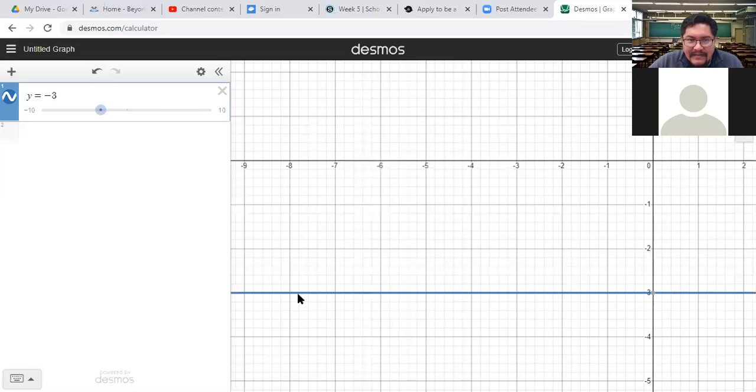Okay, we can zoom in to make it a little bit easier. There we go. So (-8, -3). So yes, it does contain one of the points. So let's see the other point. The other point was (-2, -3),